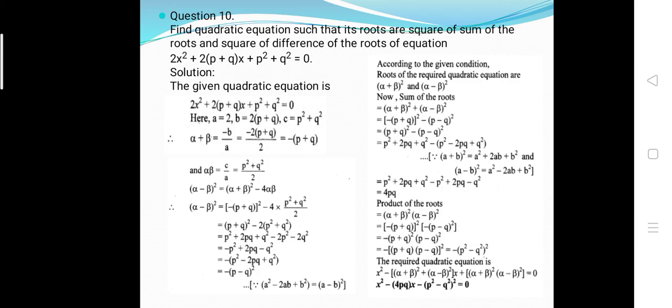Now find the quadratic equation such that its roots are the square of the sum of the roots and the square of the difference of the roots of the equation. What is the quadratic equation? Firstly, write down according to the condition. Firstly, what is a quadratic equation? The quadratic equation is